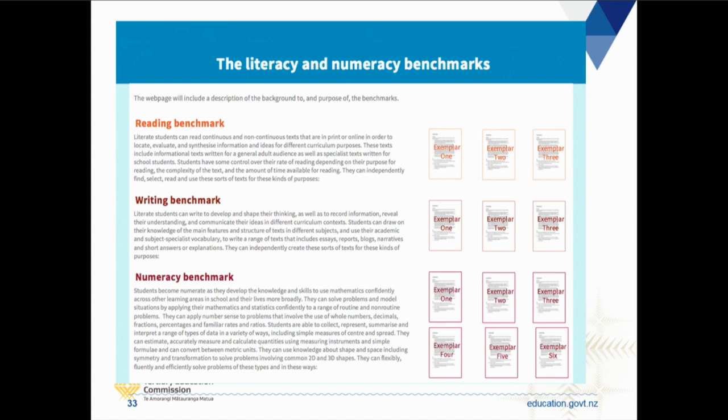If you go into the website, you can see that each of reading, writing and mathematics has a clear descriptor. This is what we think a benchmark should look like. Do you agree? And then under each of the 3 areas, you can go and click onto the exemplars and look at a sample set of exemplars and get a sense of whether or not those exemplars support the descriptor. Okay, so this is live, the survey,